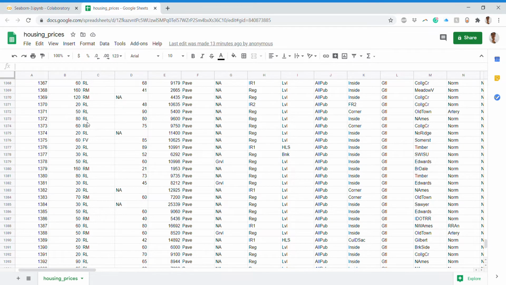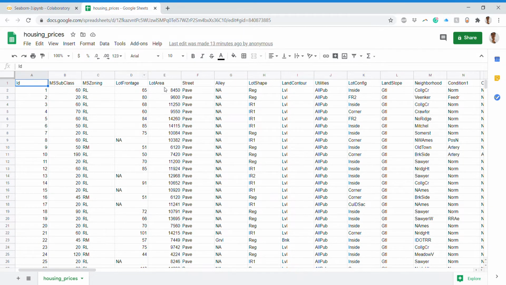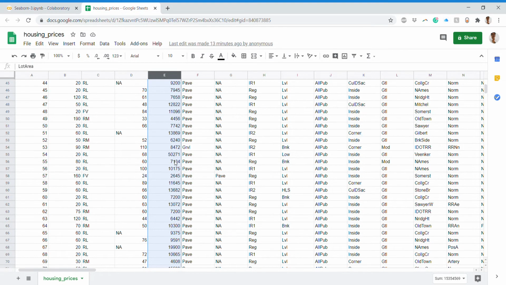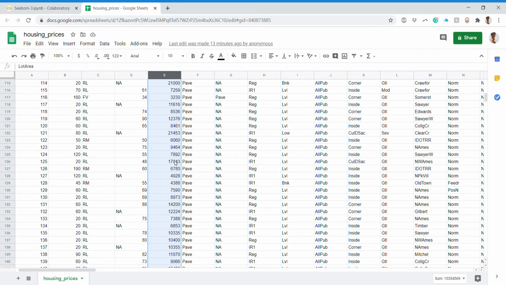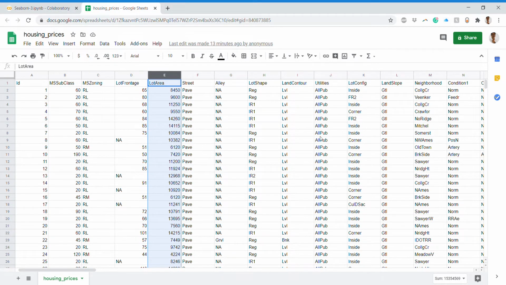If you look here, you can see there is a lot area column, which has many numeric entries. We want to see this with the sale price.